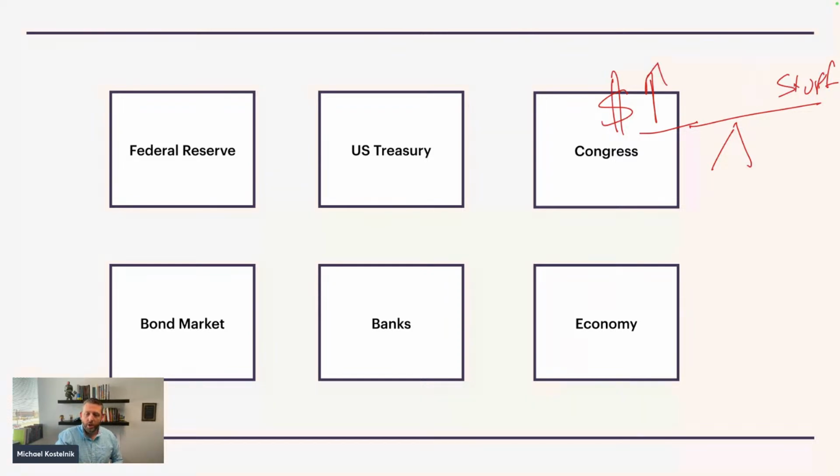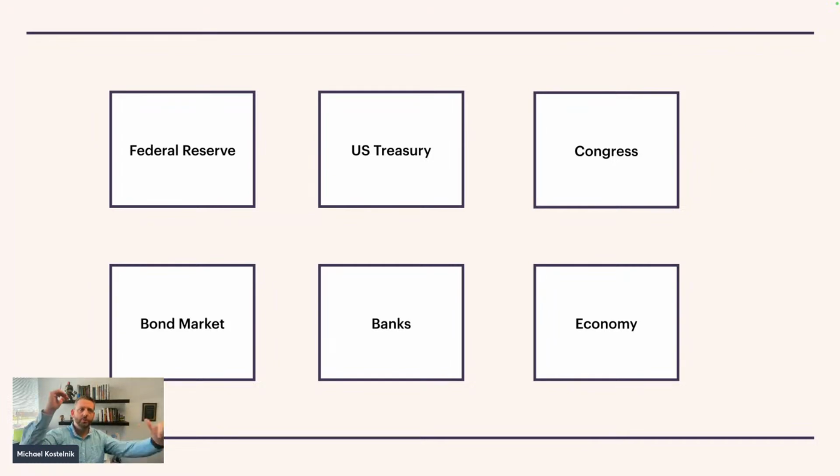We call this inflation. Inflation, which you've heard a lot of lately, deals with when the value of the dollar goes down and the cost of goods goes up. So now if I want to go buy eggs, I'm paying $2, $3 for a dozen where I used to be paying $1.50. That's inflation.